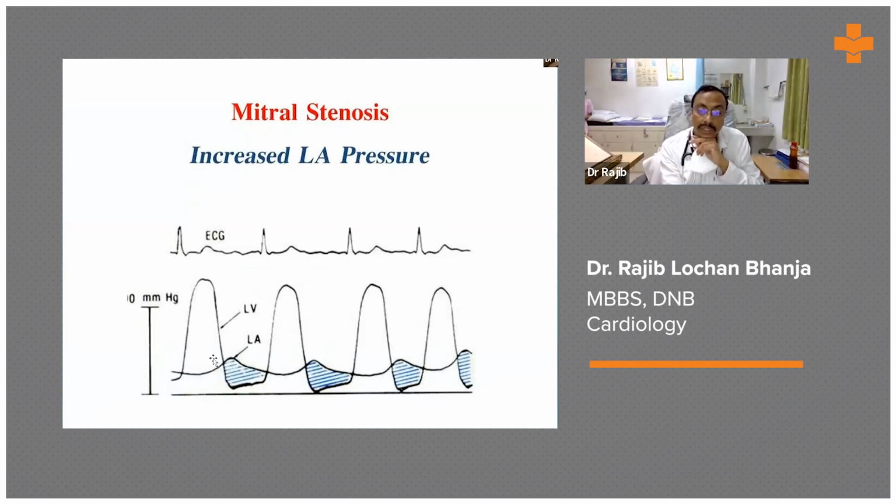Once there is mitral stenosis, the LA pressure increases and the back pressure is transmitted to the pulmonary veins, causing pulmonary venous congestion, and then the patient becomes symptomatic. This pressure curve will give